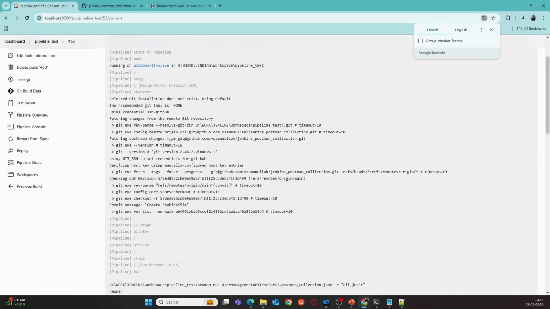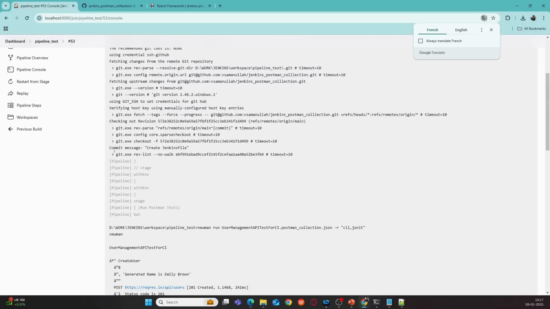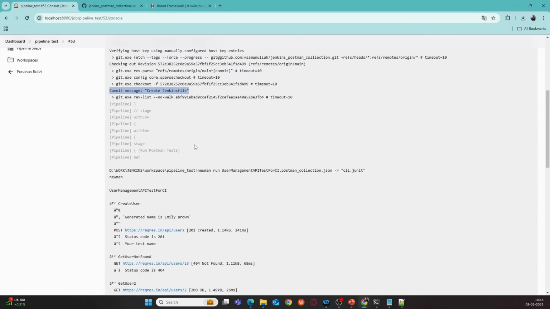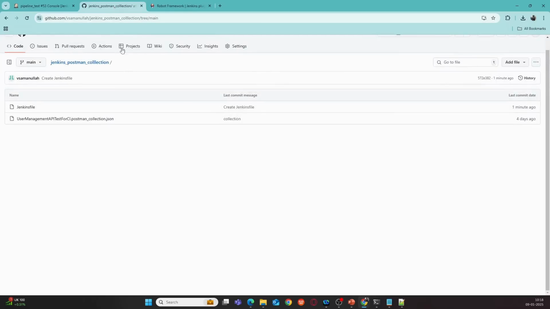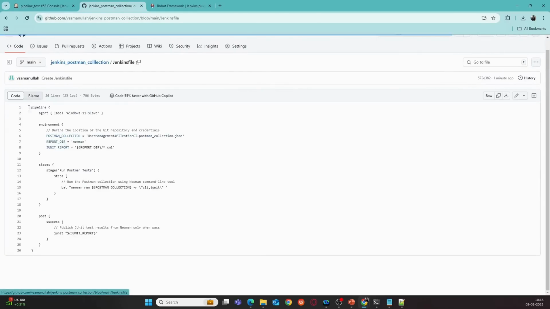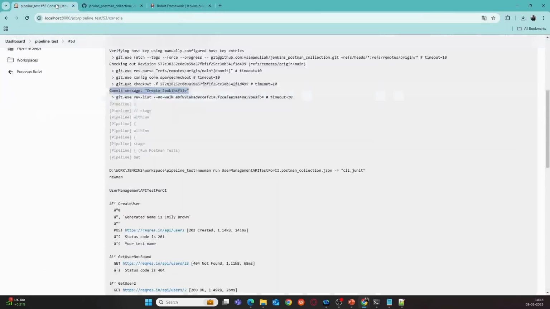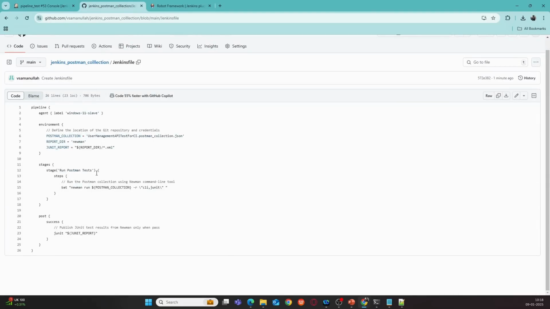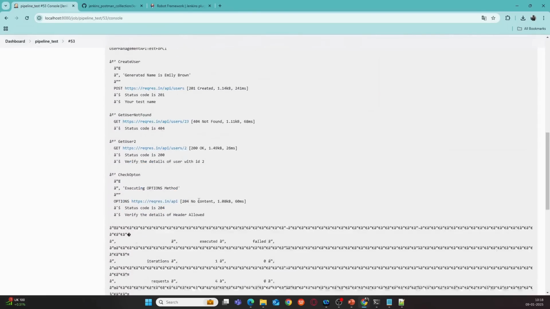It basically did the cloning job and it cloned the latest build with the commit message create Jenkins file, and after that it started executing the test which is given as part of this Jenkins file. Okay, it started executing the stages, and you can also see the stage is run Postman test, and once the test is successful,